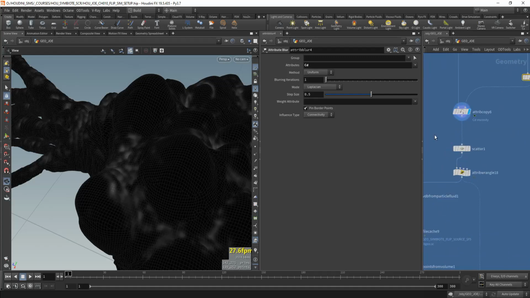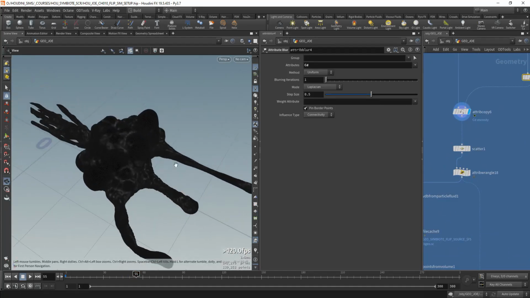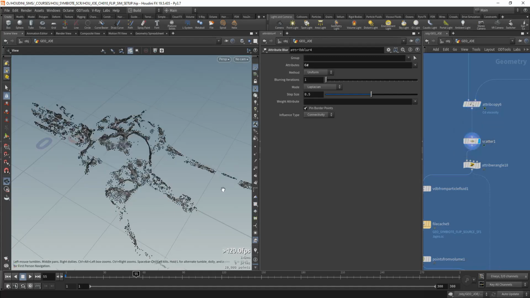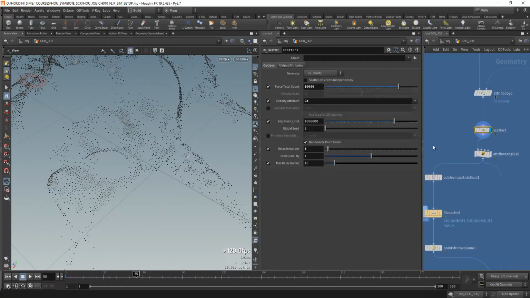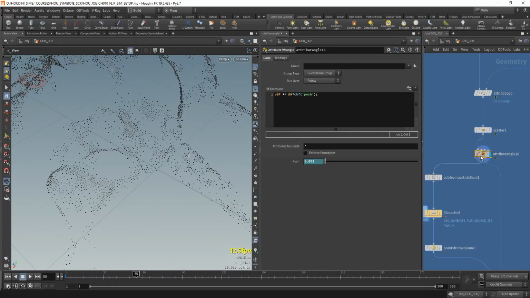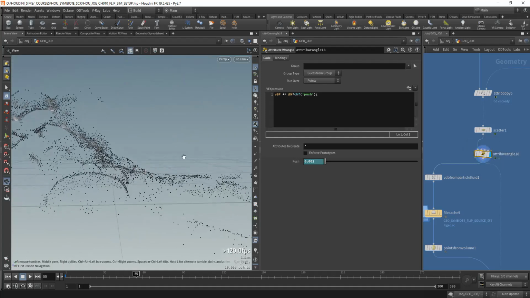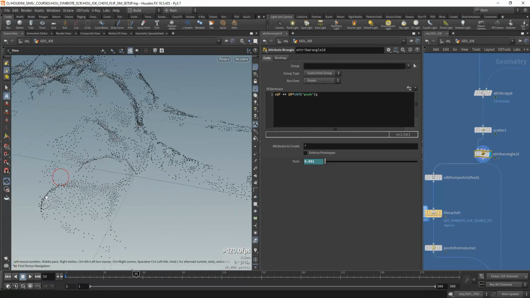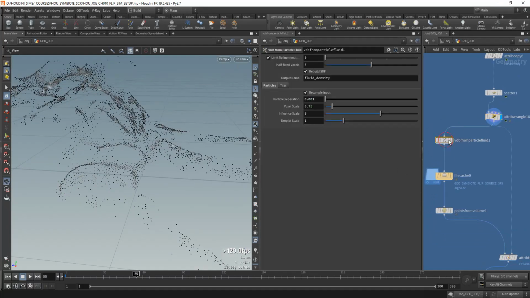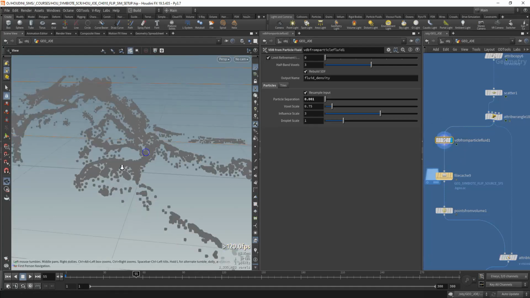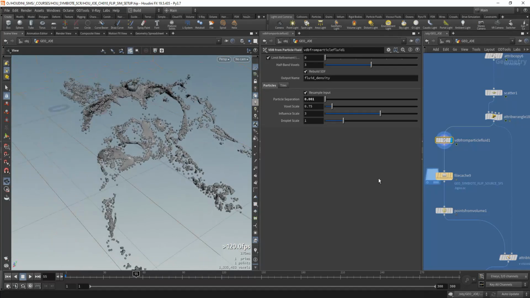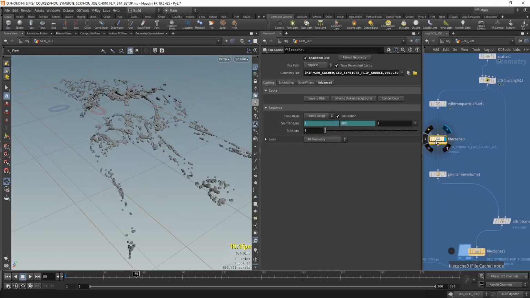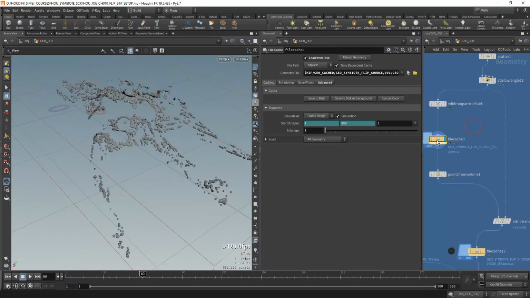I copy it to the moving mesh, and the moving mesh has the same kind of attribute. Then we scatter some points, and then we push them out. As you remember, we push them by the normals, just so we emit from a little distance from the surface. We convert them to VDBs, and this VDB is then baked into a sequence. So you have a baked sequence here. If we switch to the V2 of the sequence,